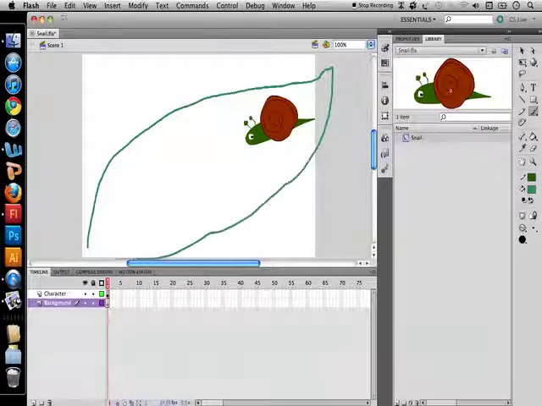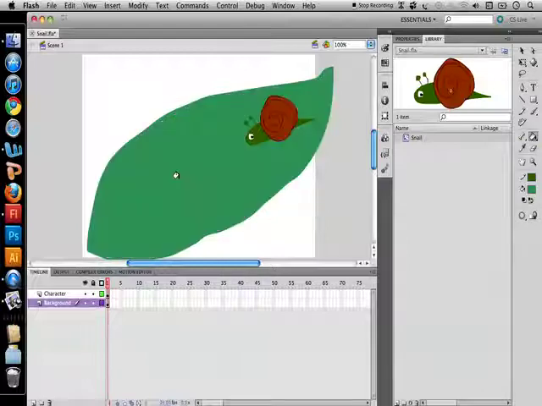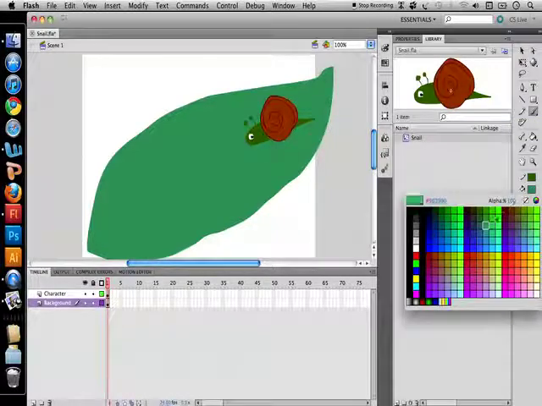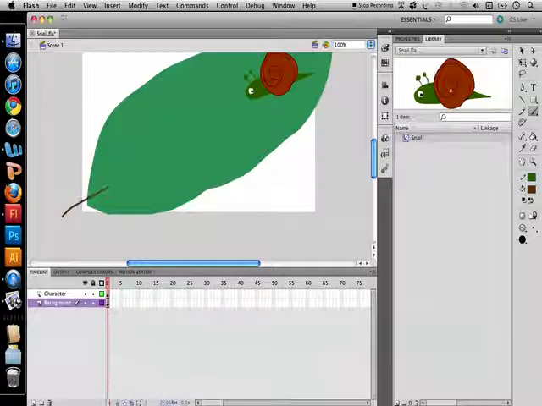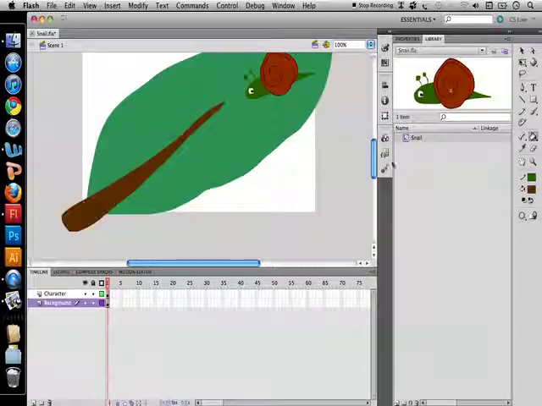a leaf shape. Make sure it's a closed line, otherwise I cannot fill in the line with my paint bucket, to make sure it's a closed shape. So that's my leaf shape. I'm just going to give it some detail by changing the colour to a brown and giving it a stem. Again, make a closed shape and get the paint bucket tool and just fill in the bits of the shape